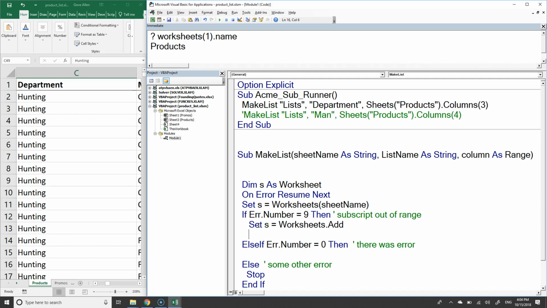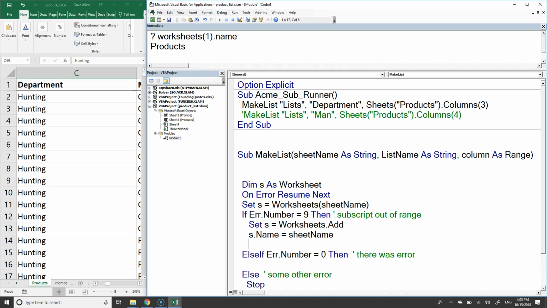Wonderful. We're going to name it. s.name equals what? Sheet name. So now, when I get through this code, feeling pretty good about it, regardless of whether I had the error or didn't have the error, at this point we're going to have the sheet. But we do something else here too. If it's a brand new sheet, we know where we're going to build this list. And so let's go ahead and